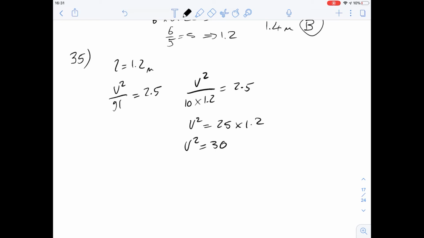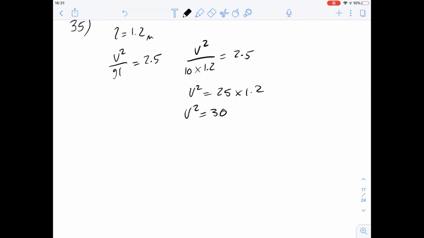Now 30 is not a square number, so it would be difficult to take the square root of this, but the one that's closest to it, and this is how I always approximate these, find a square number which is closest to it. So let's say 25. We know that the square root of 25 is going to be 5, and therefore the square root of 30 has to be greater than 5. And of the answers that we have here, there's only one that's greater than 5, and it's 5.5 meters per second, which would be roughly right. So that means that the answer for this one is 5.5 meters per second, which is